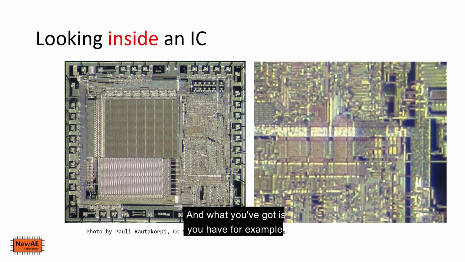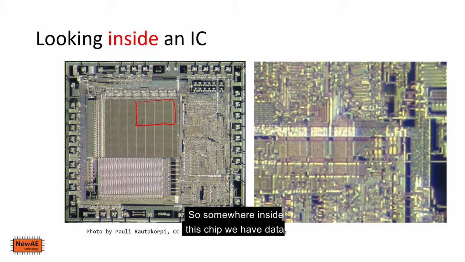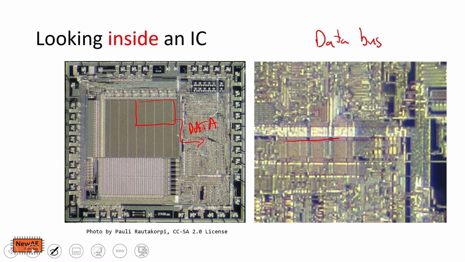What you have, for example, is an IC that's implementing an encryption algorithm. Inside this IC you have a bunch of data buses, and these data buses are going to move data from maybe a main memory into an ALU or something like that. So somewhere inside this chip, we have data that's actually moving across a bus. If you look at these data buses, you can consider them like wires. So this could be, say, a data bus bit, right? And this single bit